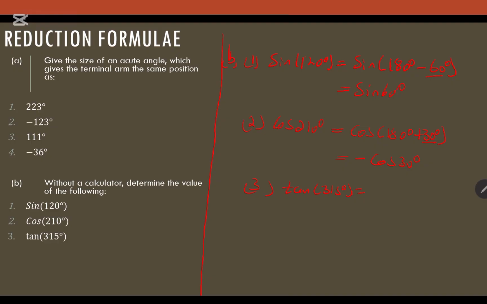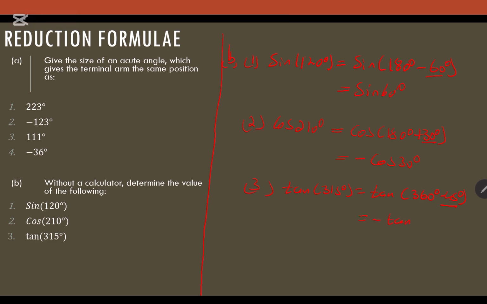So this angle can be expressed as 360 minus 45 degrees. So this is tan of 360 degrees minus 45 degrees. So the acute angle we're looking for is 45. Now in the fourth quadrant, only cos is positive. Therefore, the answer to this will be